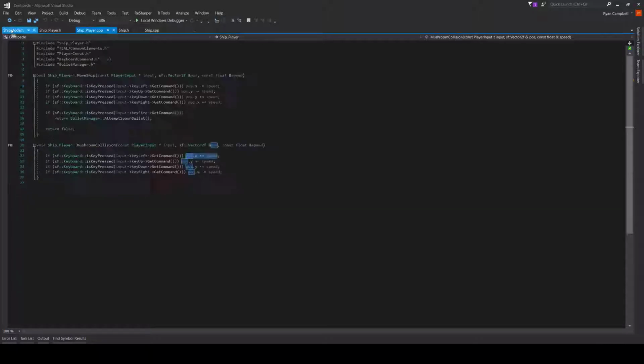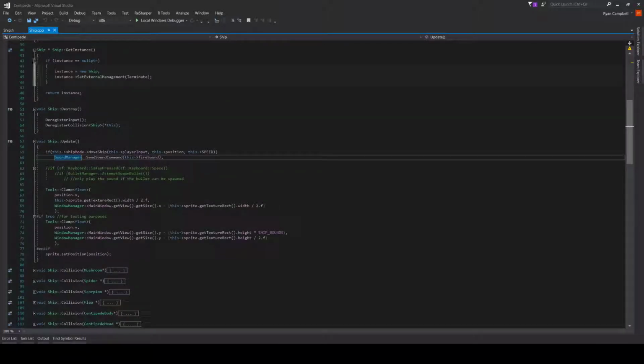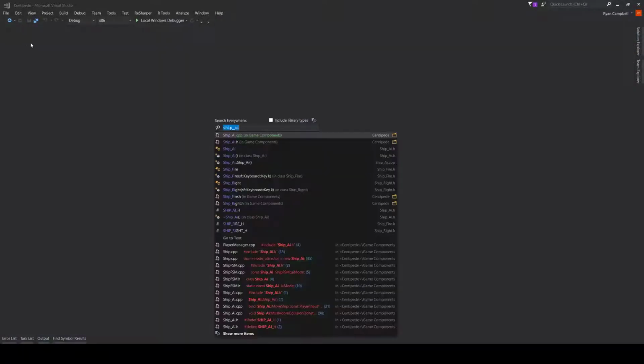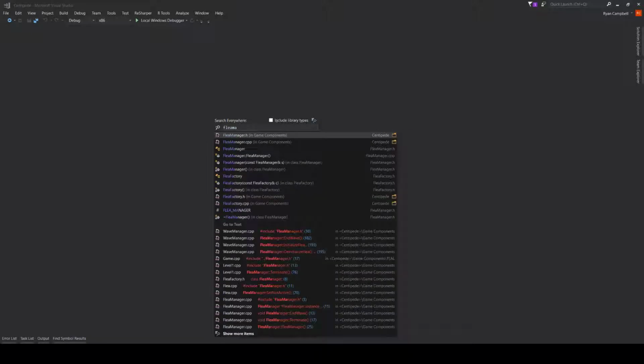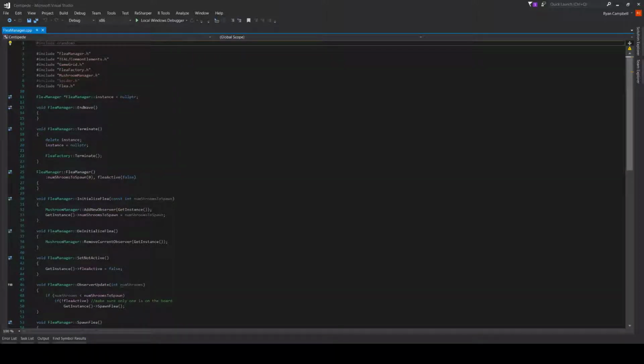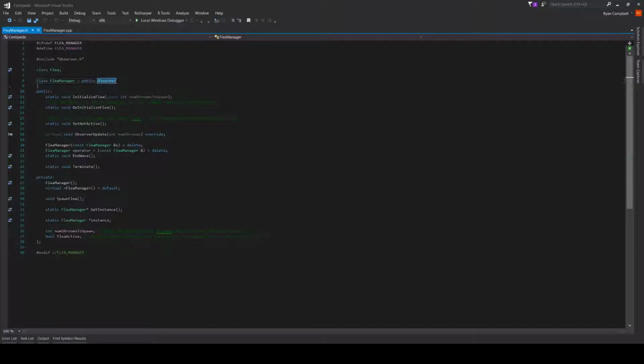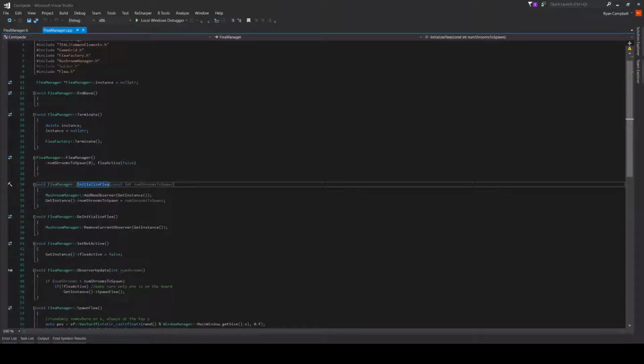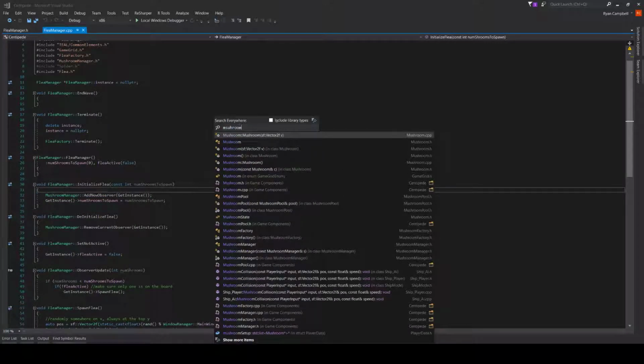I'll show you the rest of the patterns, like the actual implementation of the state pattern after this, which is the observer pattern. So the observer pattern is only used once. You make it sound like there was supposed to be a lot, but I didn't use it more than once. So the observer pattern is used by the flea manager. So the flea manager is an observer, and when you initialize the flea, you add the new observer to the mushroom